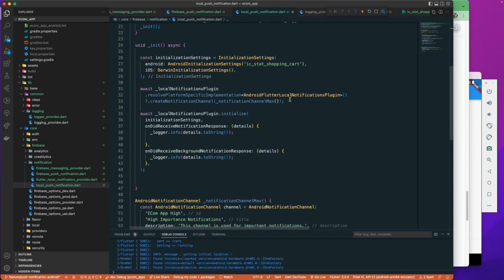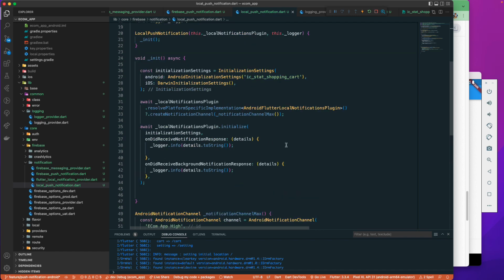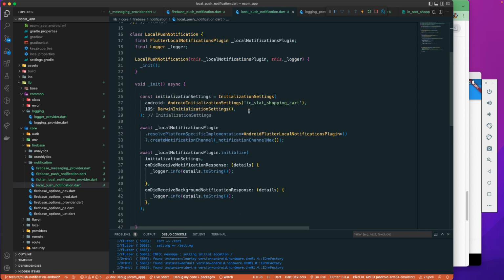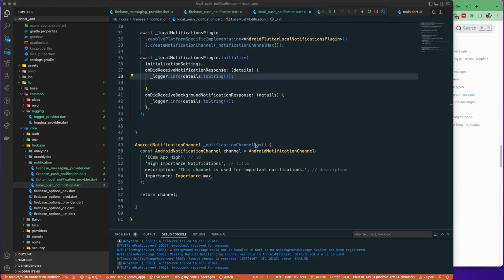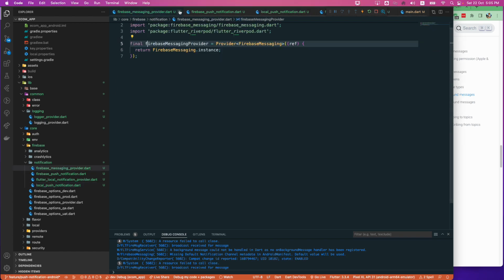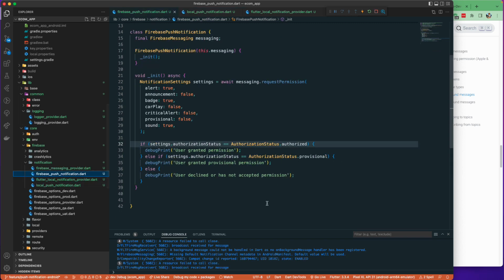Other than that, once we are done with the initialization of this one, we need to have a functionality over here so we can actually show the notification. Currently we are just initializing, but we don't have any functionality to show the notification using our local notification. So let's create a functionality over here. What we'll do is go back to our Firebase messaging. I guess it should be the Firebase push notification class, and here what we need to do is